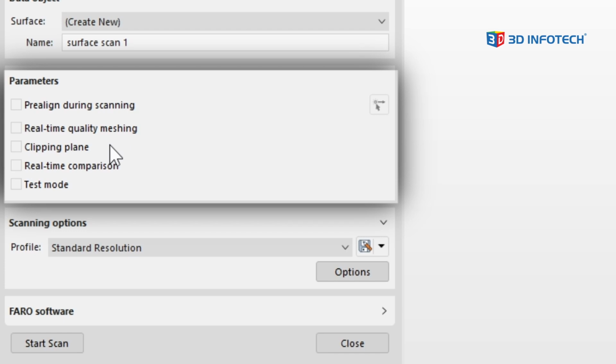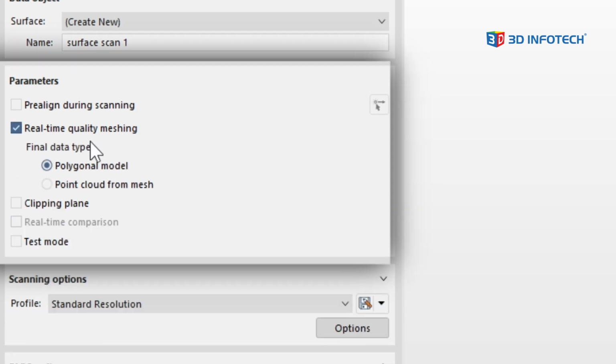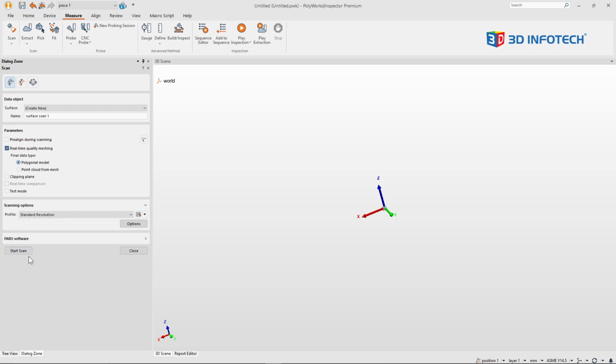But when real-time quality meshing is checked on, it offers the user a more systematic and objective method for qualifying your scan. First, I can specify what my final data type should be, whether it be a polygonal model or a point cloud. Point clouds will process faster, polygonal models will look nicer, and may be more accurate for some other tools of PolyWorks. I'll keep it on polygonal model for right now. Let me start scan,